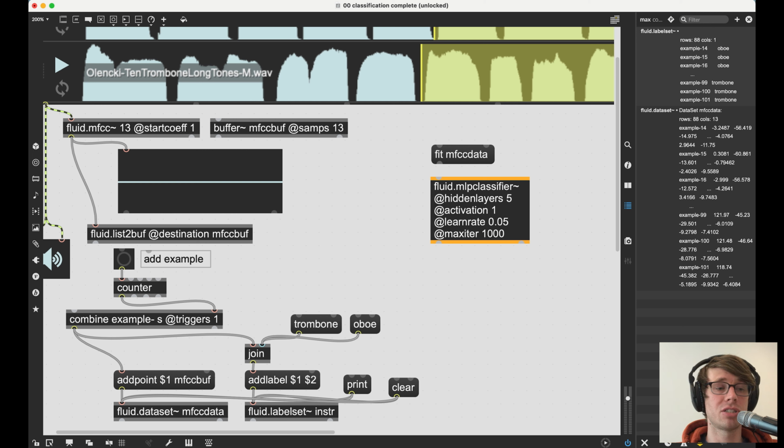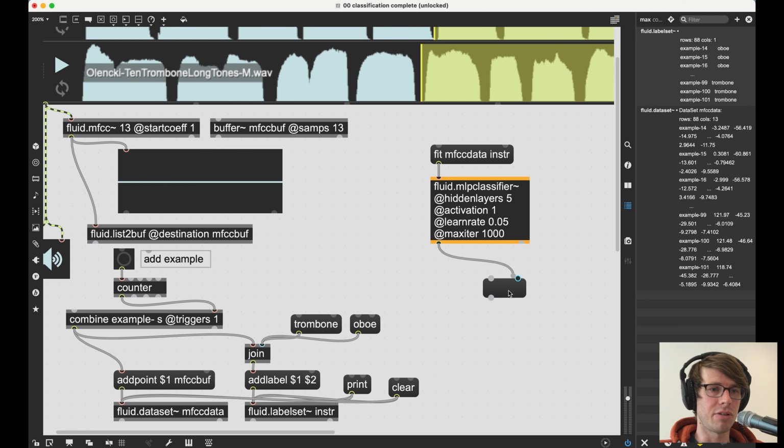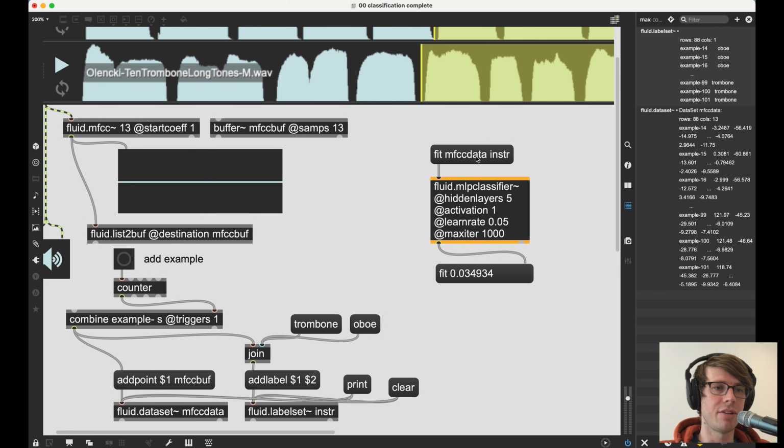And the second argument is going to be the output of the neural network, which is going to be the labels that we're asking it to classify. And we've been saving those labels in our label set called instra. Now, before I send this message to the neural network, I'm going to put a message box down here because when it is done training, when it's done with its fit, it's going to report out some useful information for us. So let me just hit this here,